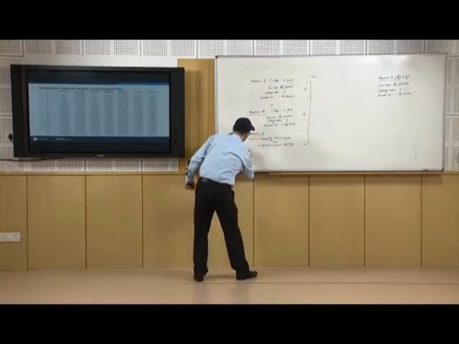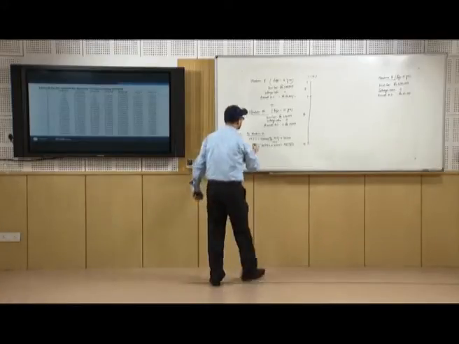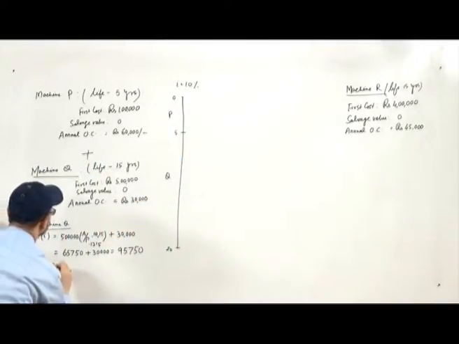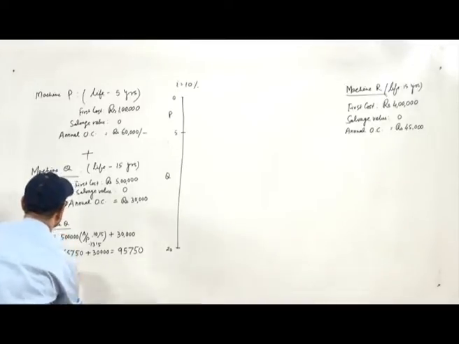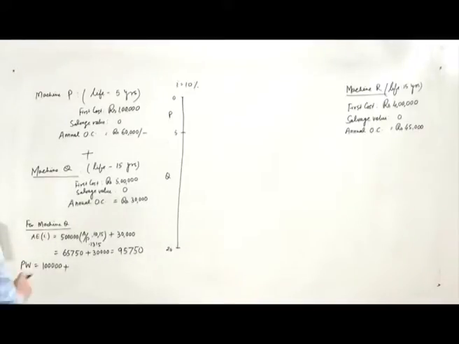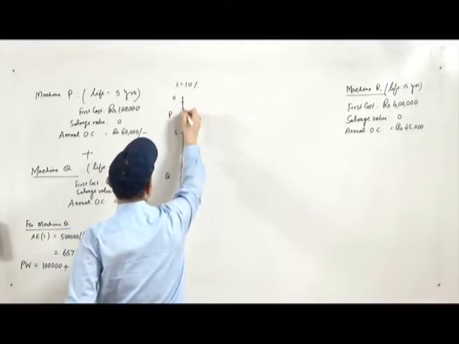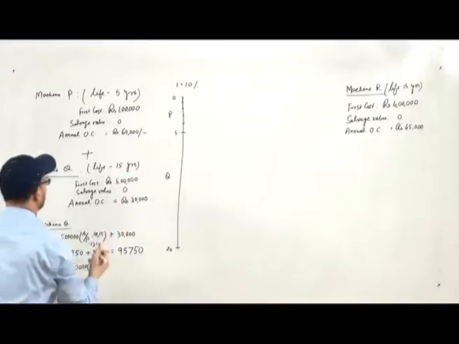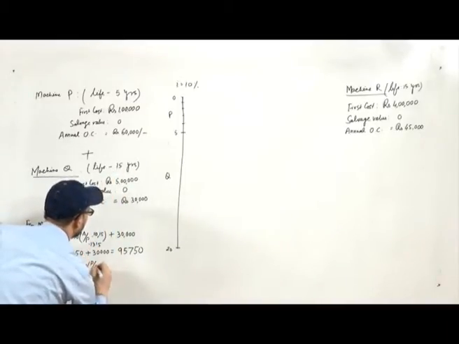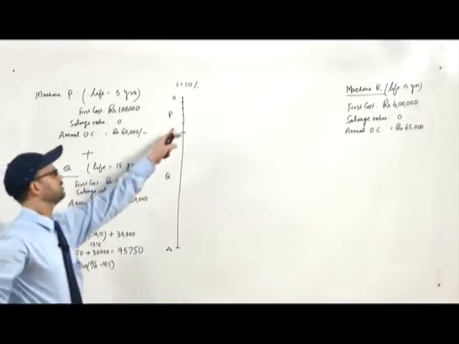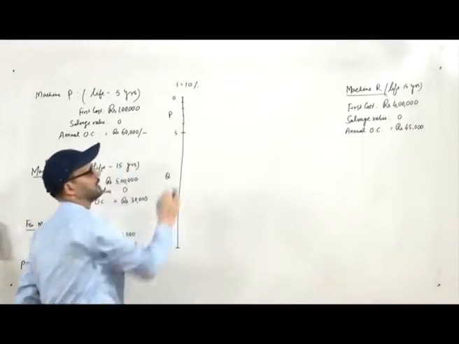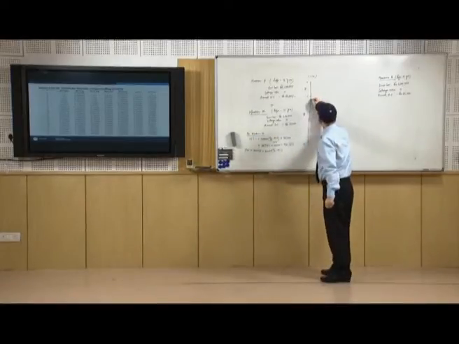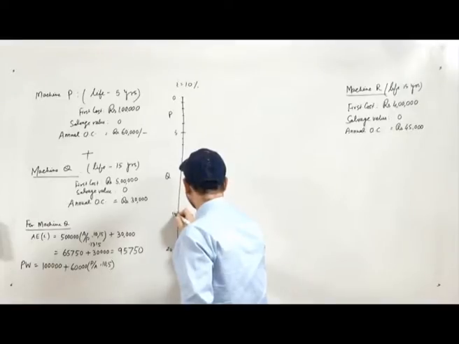So, the present worth will be nothing but 1 lakh, which is used here, plus the annual operating cost of 60,000, which is used for 5 years. So, you have to use 60,000, then P by A 10.5. The 60,000 which is used every year, its equivalent portion at present time will be P by A 10.5. Now, we have 10 years up to 15,